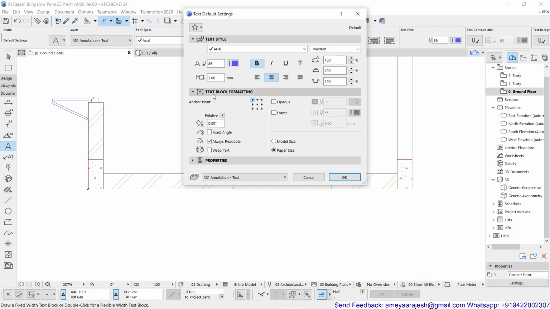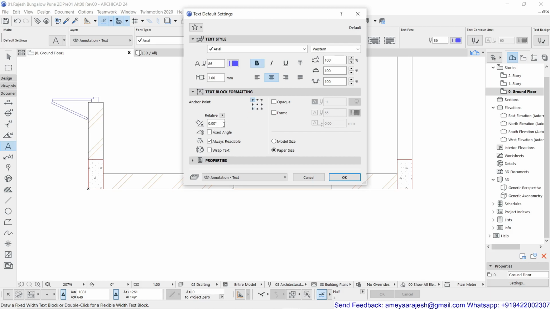In the next rollout, text block formatting, there is an anchor point. There are 9 locations of the paragraph or word, character, anything you can consider. So out of that, which point becomes an anchor point? Better explanation again on screen we'll try to work.